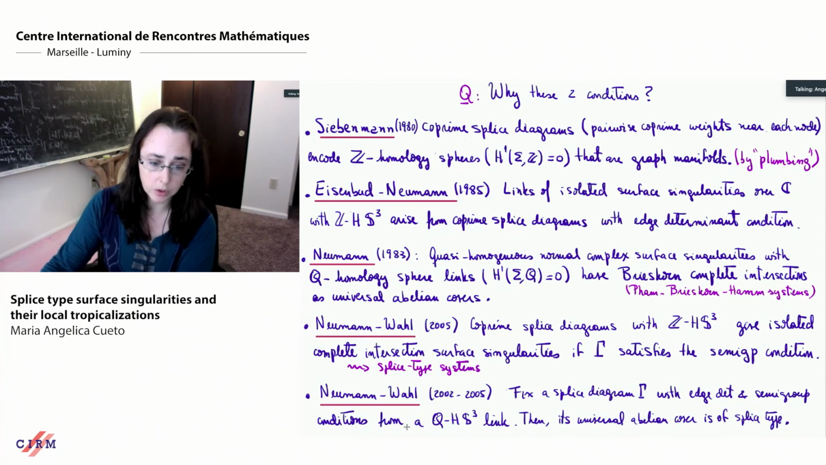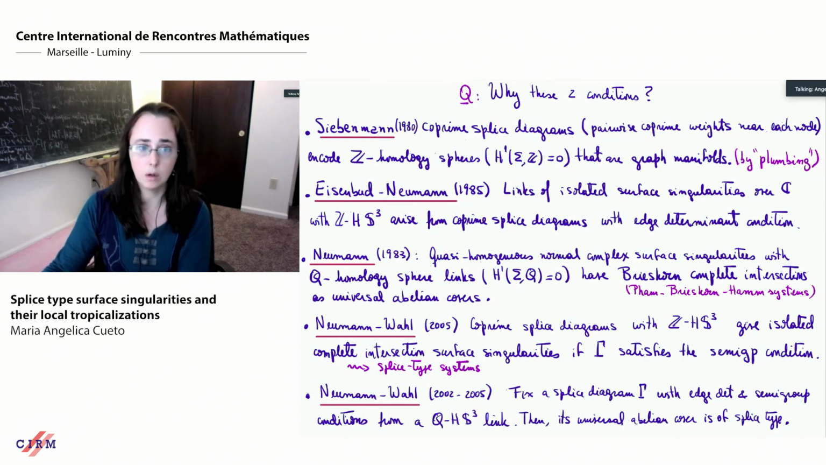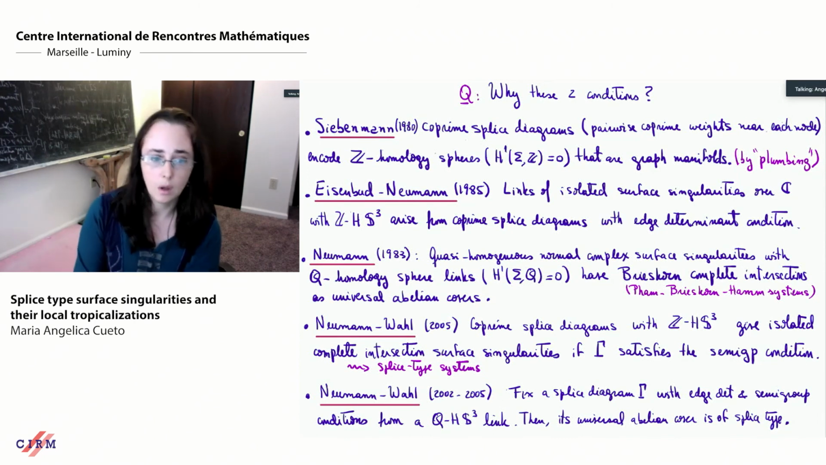And they conjecture that these universal abelian covers of rational homology sphere, minimal elliptic, and non-cuspidal surface singularities are of splice type. And that was proven by Okuma. So there's a long history of these splice diagrams, but I think that the main players for us today are